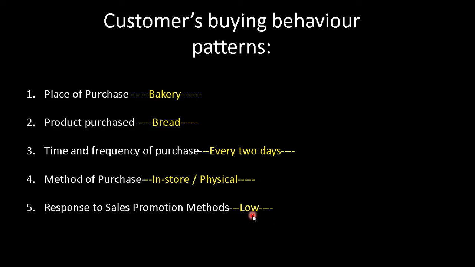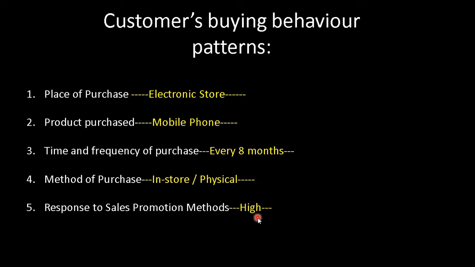In the second example, the place of purchase is an electronic store, and the product purchased is a mobile phone. The time and frequency of purchase is higher than in the previous example. It's every 8 months here. The method of purchase is in-store, and people really react at a high level when it comes to sales